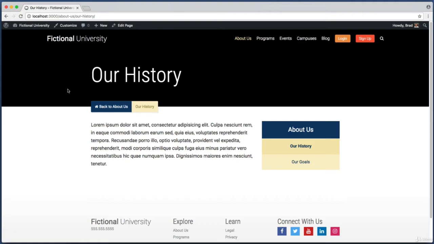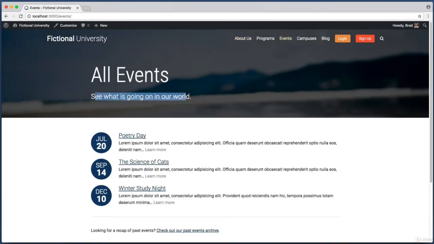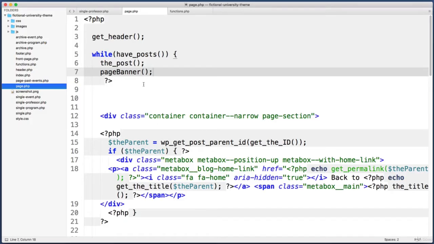And let's also make our function flexible. For an example of what I mean in terms of flexibility, if we go to the All Events Archive screen, the title and subtitle on this screen are not being pulled in from the WordPress database. Instead, this is just custom text that we typed out in the template for this screen. So for example, in our text editor, if we go to